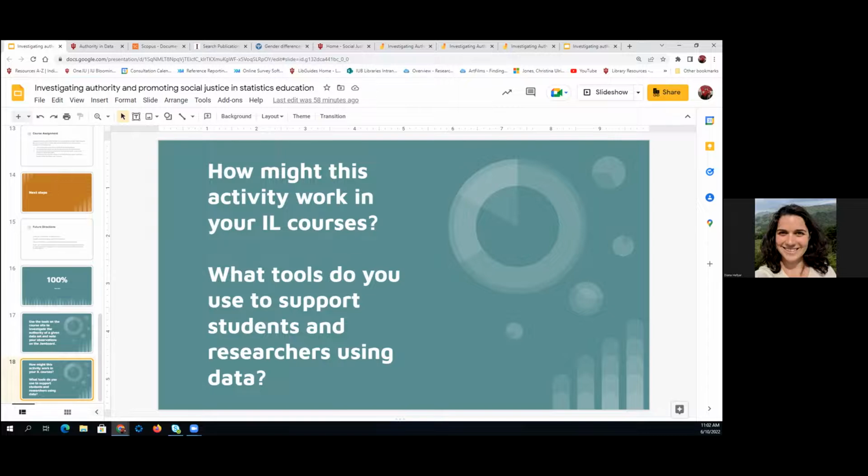I think it's a really interesting way to think about data as almost like you would a research article. You would also think about it the same way before you use a data set or something like that. So I don't use any specific tools at the moment, but certainly going forward, I'll think more about that. And if anybody has any thoughts, they can unmute themselves and just jump in as well.